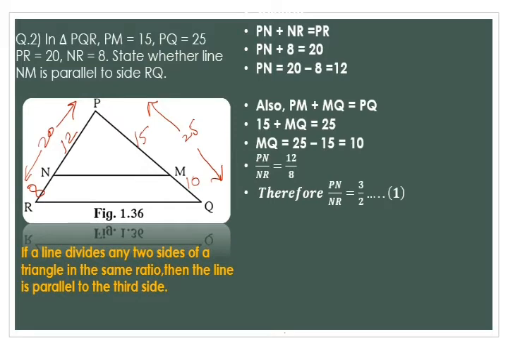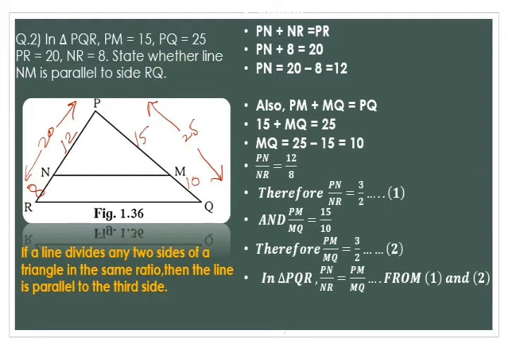Now we have to find the ratio of PM upon MQ. So PM upon MQ is equal to 15 upon 10. It is reducible, so we will reduce it. Therefore PM upon MQ is equal to 3 upon 2. Here also we divide numerator and denominator by 5. So 5 3s are 15 and 5 2s are 10. So we get the same ratio, 3 upon 2, as in equation 1 and equation 2. It means they are equal.